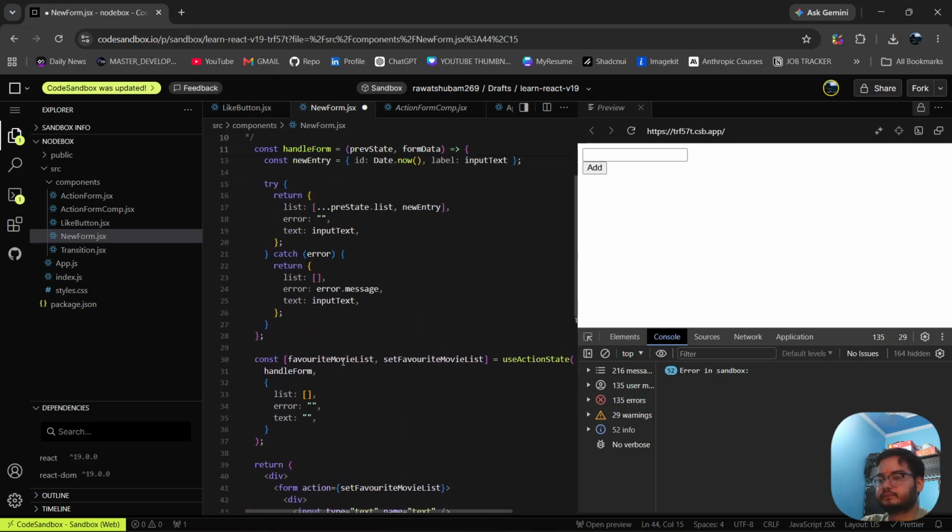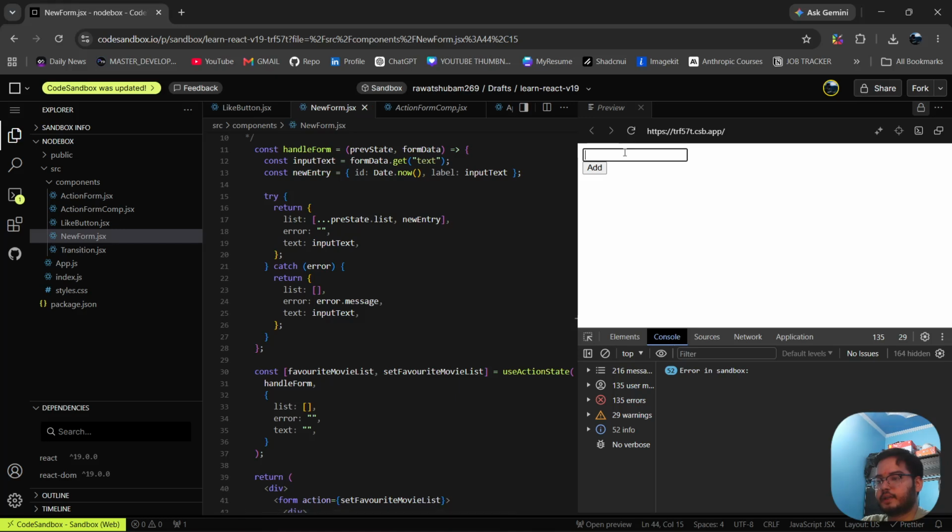And if I try to type something like Stranger Things here, and after that click on this add button, this is going to re-render something like this, but it is not showing inside my